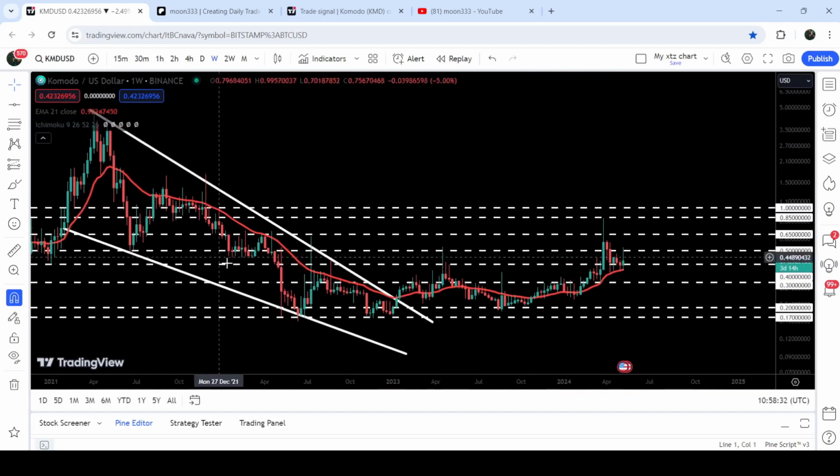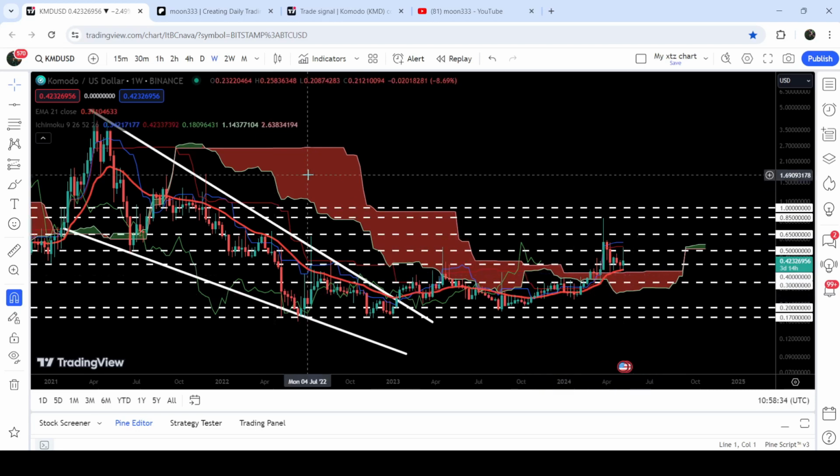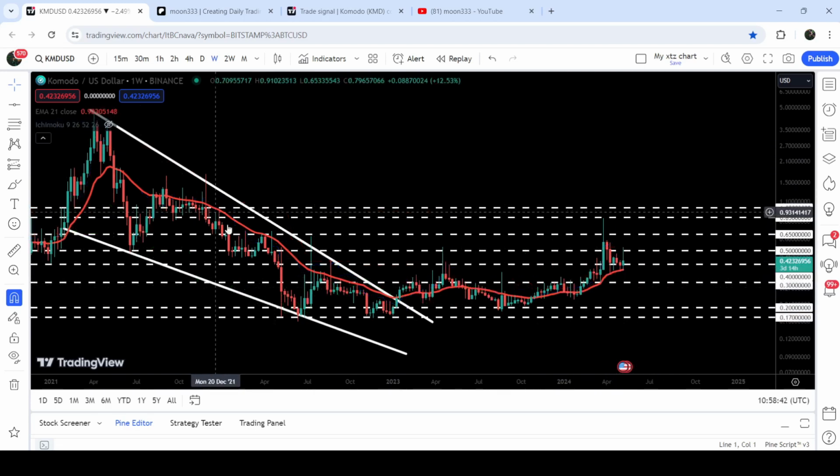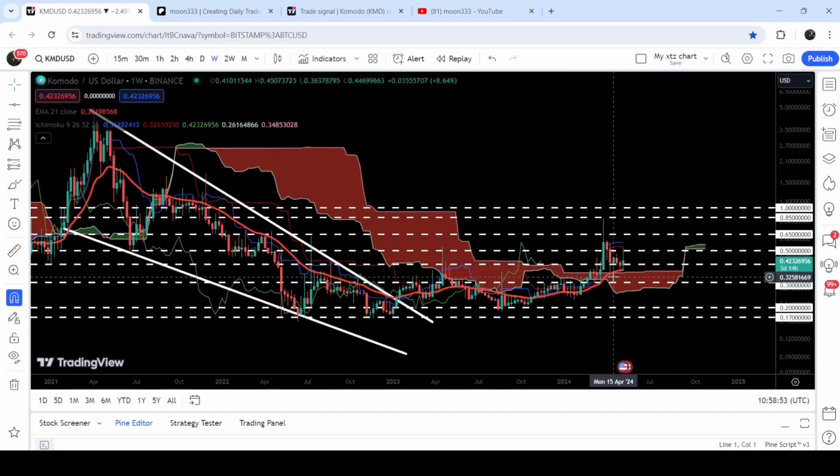By the way, during this rally of almost 400%, the price line has also broken out this very massive resistance of Ichimoku bearish cloud as well, that is now working as support. And it has also broken out this EMA 21, this red line that was a very long-term resistance, and now it is also breaking as a very nice support for the past several weeks. And now after testing these supports, the support of 40 cents and this support of EMA 21 and this Ichimoku bearish cloud support as well,